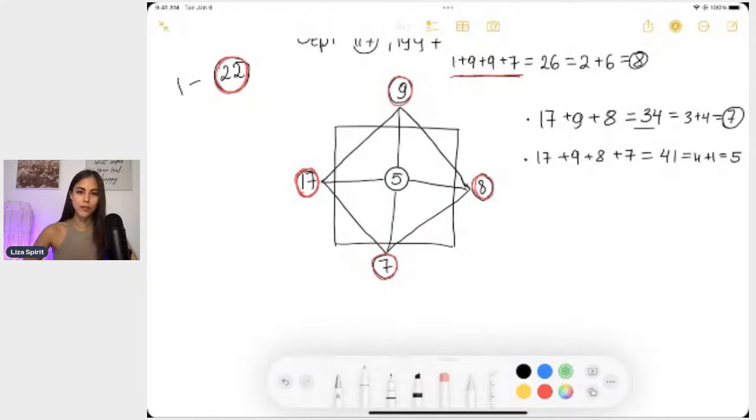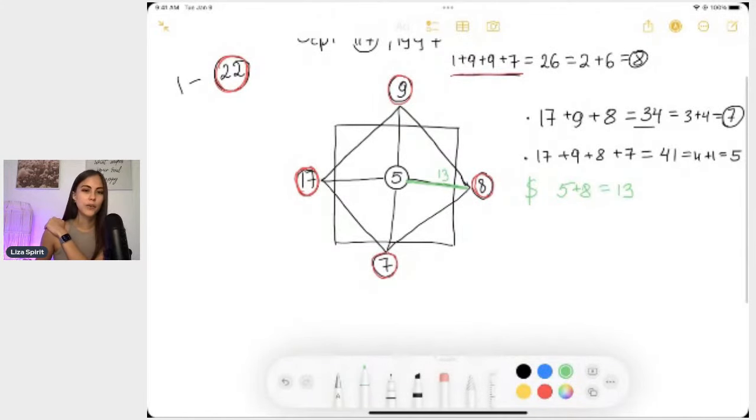I'm going to pick green color. The money line is this line, between 5 and 8. That's all about money. The main energy that we get, 5 plus 8 is 13. It goes here. Let's do it like this. 5 plus 8 is 13. Let me know if you can see my screen, and if you can see how I write down all the numbers.